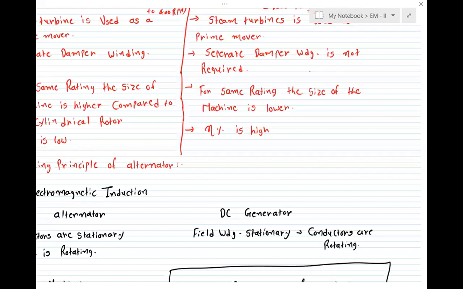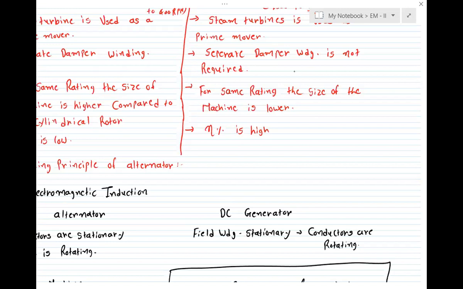So in the last lecture, we learned about voltage regulation. Generally, we use voltage regulation to find the no load voltage and the full load voltage. There are a number of methods to find the voltage regulation. The best two methods are the EMF method and the MMF method. The EMF method is also known as the synchronous impedance method. We learned in the last lecture how we find the synchronous impedance and how we find the voltage regulation in the synchronous impedance method.